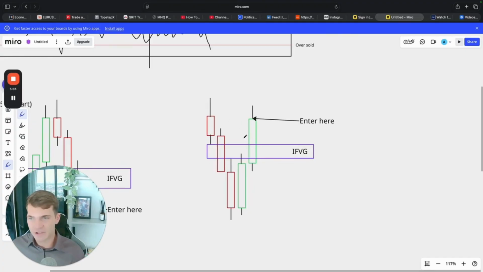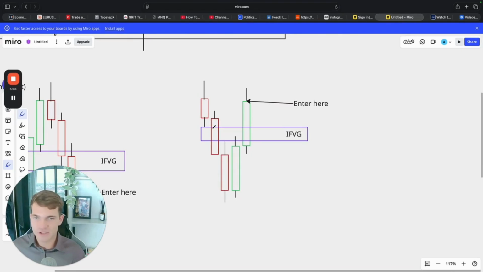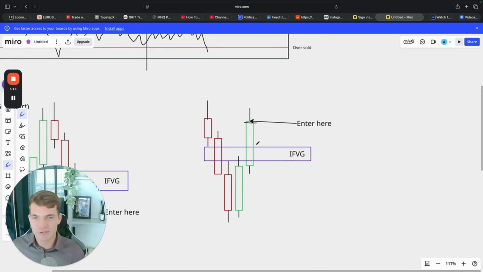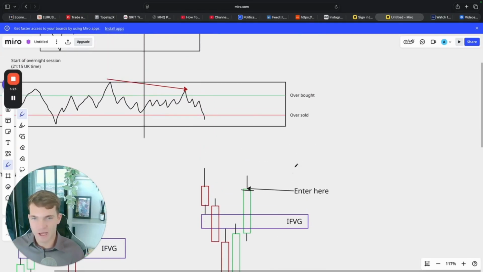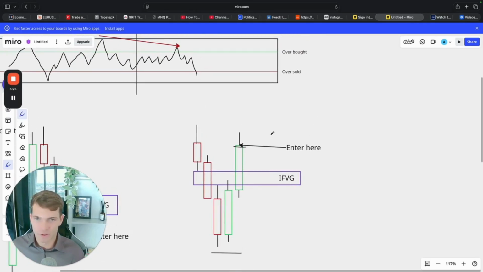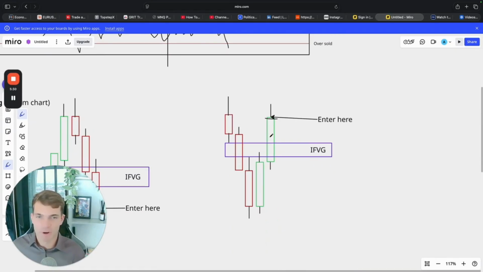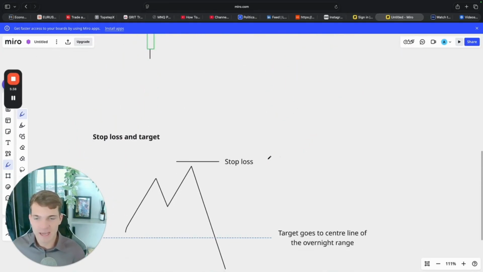Now, the reverse entry for this, if you're looking to go long and not looking to go short, of course, is just the flip of a bearish fair value gap, creating that inverse fair value gap. So you're always entering again on the close of the 5-minute candle, which breaks through the inverse fair value gap, stop loss below the lows, and targeting a minimum of 1.5R, or preferably towards the 50% of that box. So that is the simple way of looking at this strategy, of how you look at it on the